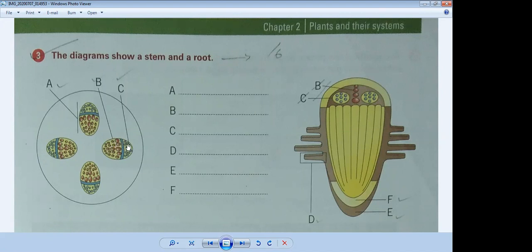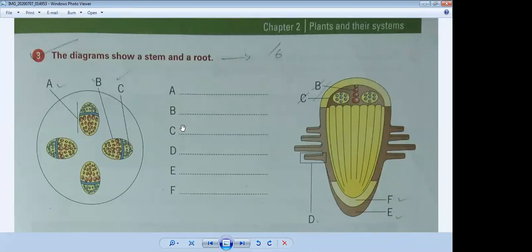We also have discussed in the chapter xylem and phloem cells. They both are combined with each other in the body of a plant and collectively they are called vascular bundles. So this is the answer of vascular bundles because this diagram shows that these xylem and phloem are combined here. In B part they are separated. So B part answer is xylem and C part answer is phloem. I hope you have written in your exercise.